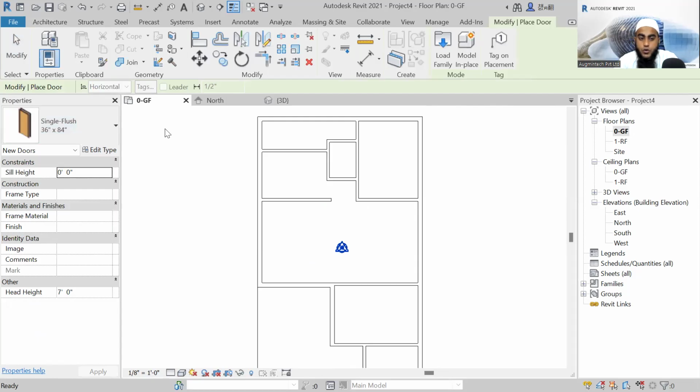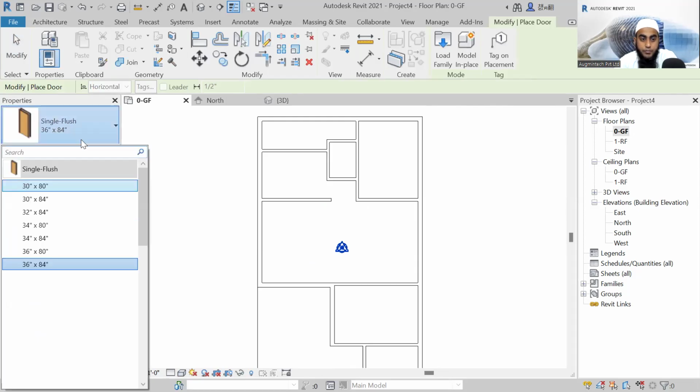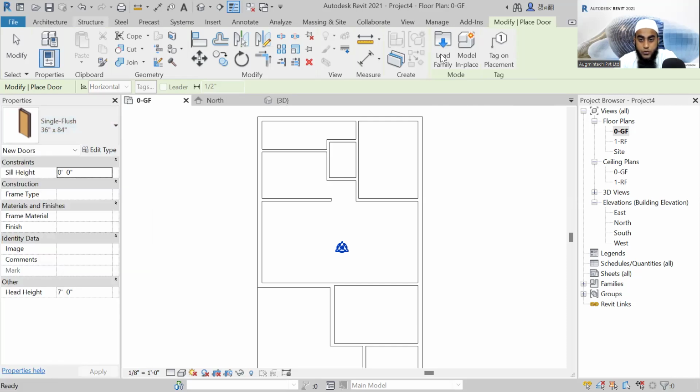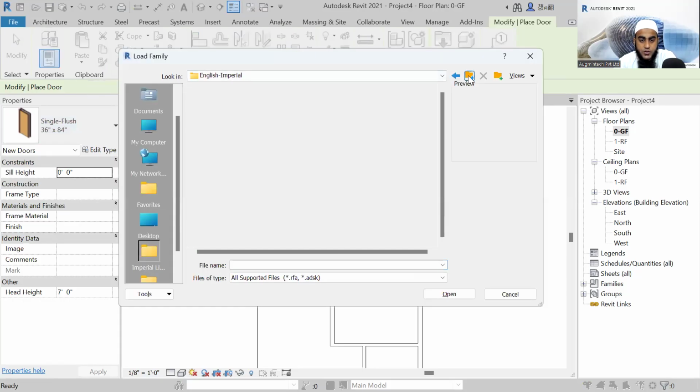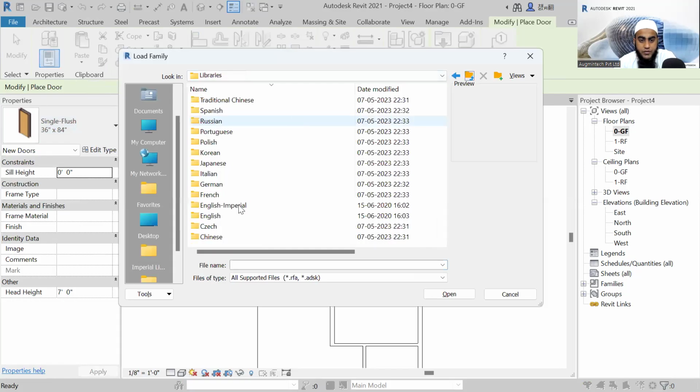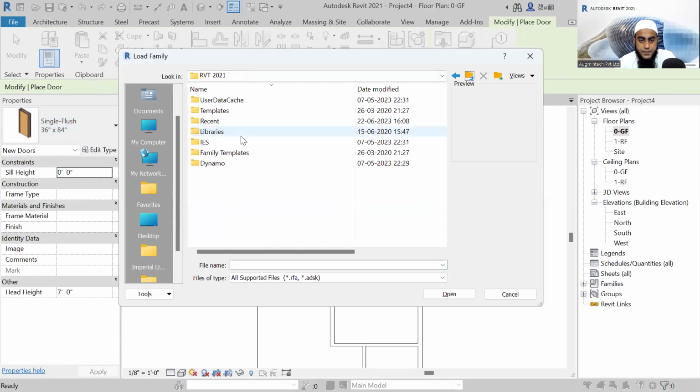So let's say you want to load some other types of doors. What I have told you, remember, I have told you here you will get the load family option. Hit on that, load family from the Revit library. You can go back from here. So if you have downloaded the Revit family, see, wherever you have downloaded that family,